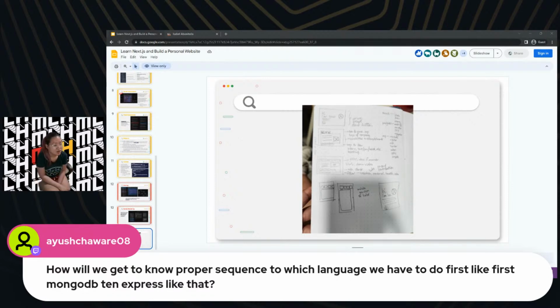So you might learn Mongo first, but in order to make it work with React and Node, you need to also learn Express. But if you learn Express first, then you're not connecting anything with it yet. So it's really up to you.